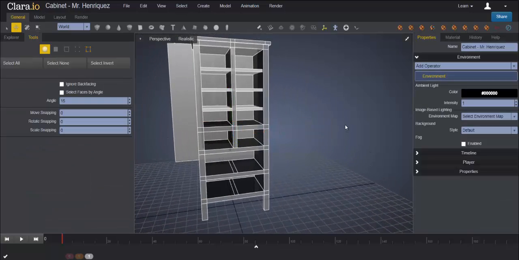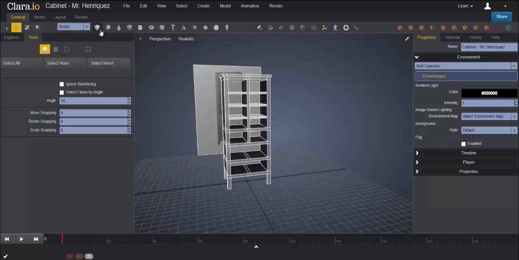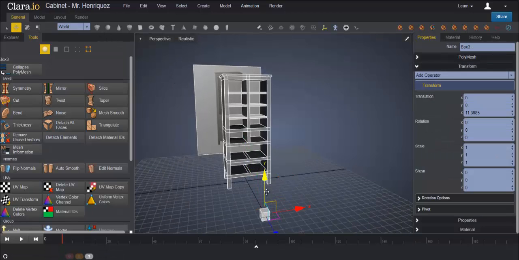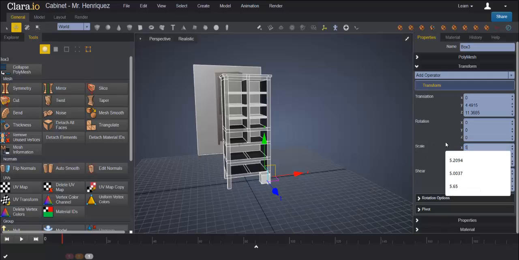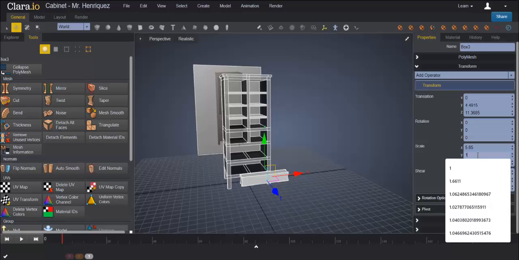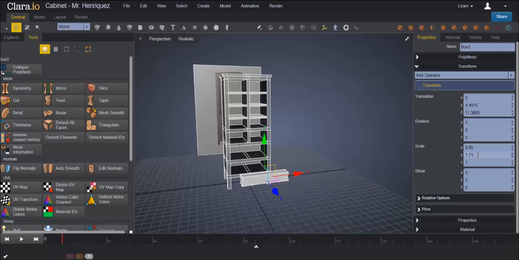Right, there it is. Now we're going to create the drawers for the cabinet. So let's create a new box first. Move it away, bring it up. I'll change scale X to 5.65, Y to 1.71, and Z to 4. And again, these numbers and yours might vary a little bit just because,